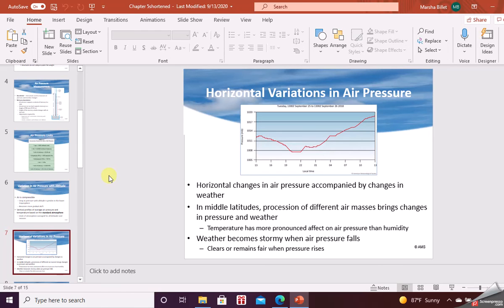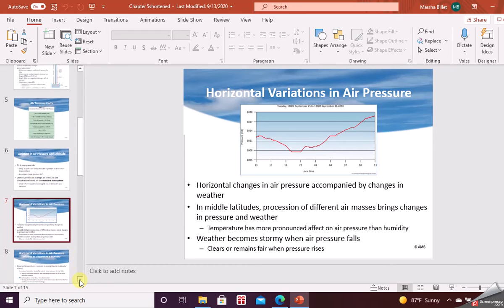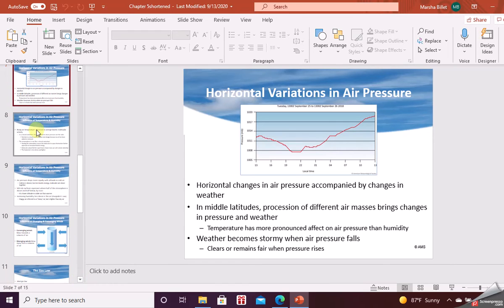Horizontal pressure variations. Say a low pressure was moving by your house. You can see here they dipped down, lower, back up. So this would be the low pressure approaching, low pressure leaving, and high pressure moving in this area. So that is a typical pressure change that many of you see at your house or anywhere around the country.